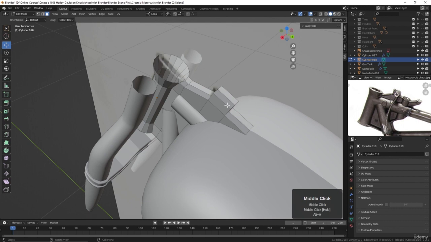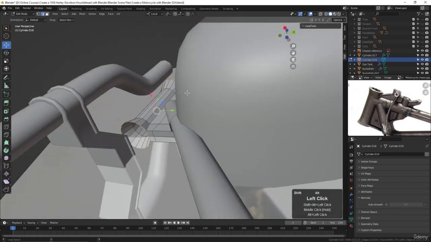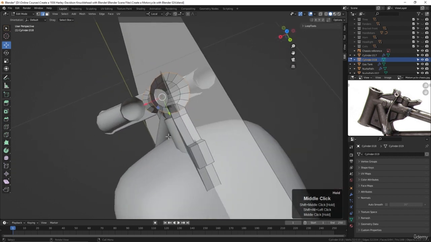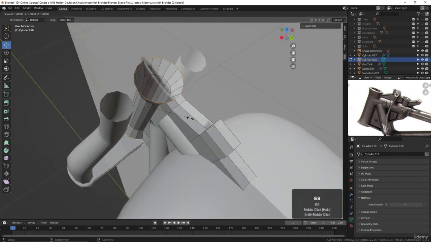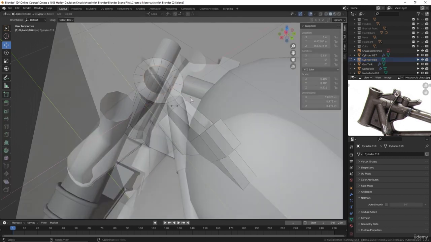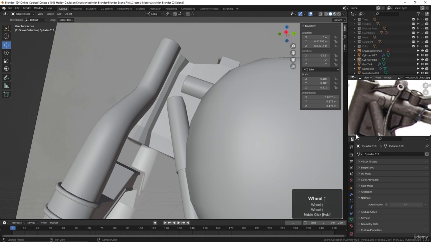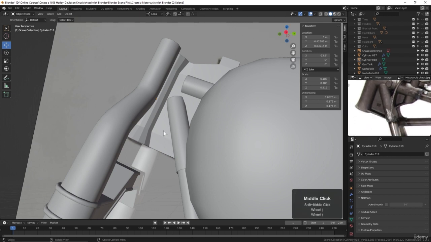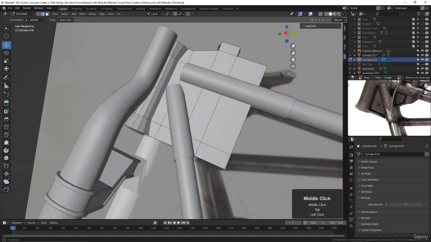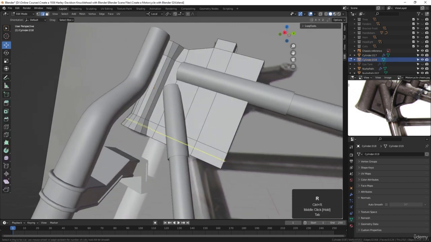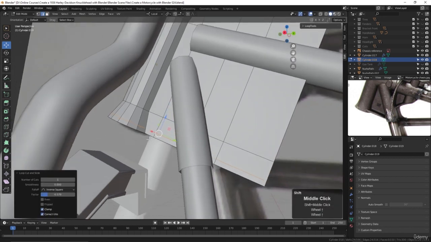All right, and then let's grab these edges here and let's extrude these in. So let's press E S Shift Z once again and bring those in. And lastly, I'd like to see if I can get this edge right in here. Let's hide the gas tank and see if we can get that edge right in here. I'm not sure that we can, but let's try it. Maybe I'll take this